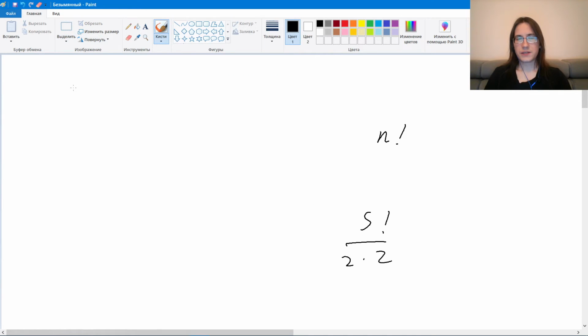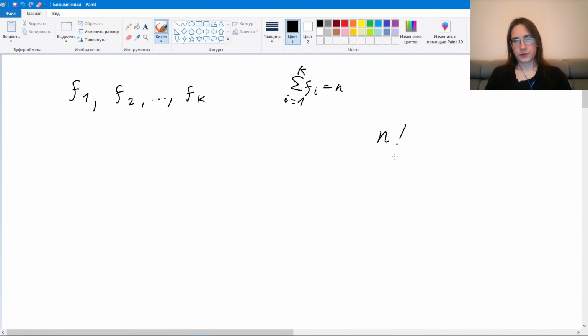If we have k different values, let's say the first one occurs f1 times, the second one occurs f2 times, and so on, the last one occurs fk times. And let's say their sum is n. We want to know how many different images we can get by placing those values on different positions. We know that there are n factorial different permutations, but each unique image corresponds to f1 factorial times f2 factorial times etc. fk factorial